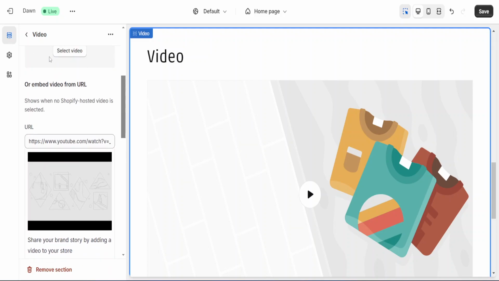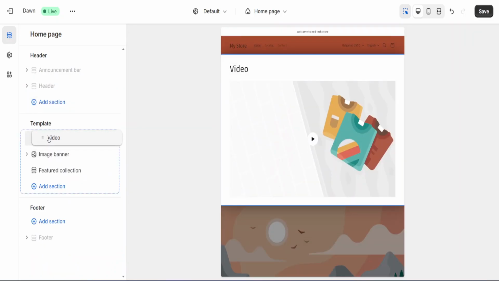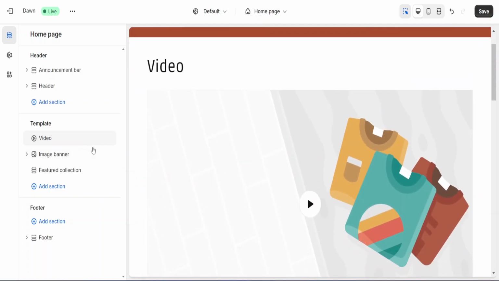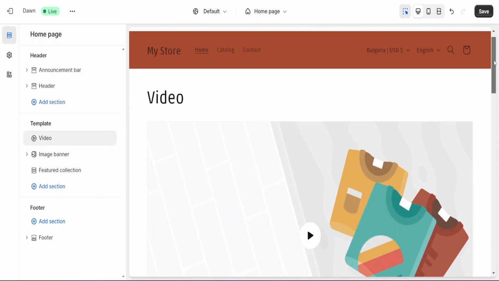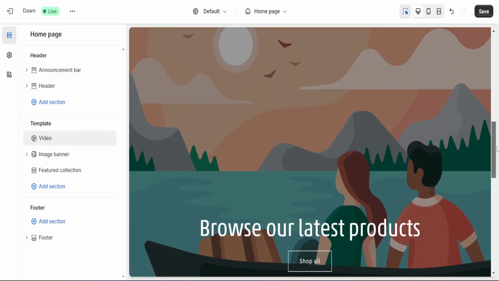So once you're done with that, you can go back here and you can reposition it. It can be at the very front of your page. So that's the first thing people see when they open it. And that's how you add a video to the